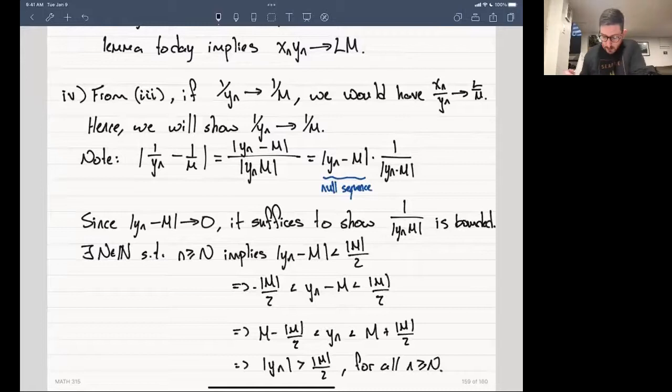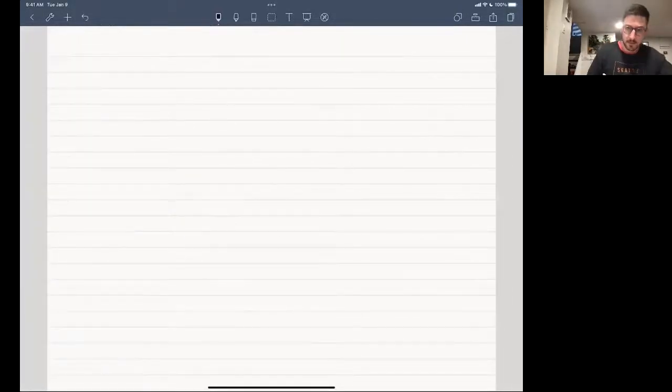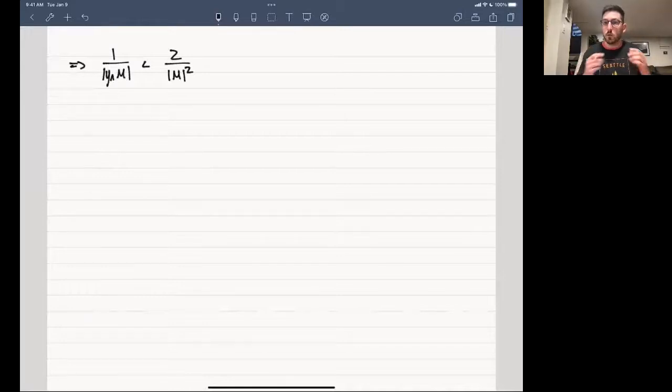So now what do we have? Now we can say this implies that 1 over |yn times m| is less than 2 over the absolute value of m squared, right? Because |yn| is bigger than the absolute value of m over 2. Flip everything, and you get 1 over |yn| is less than 2 over the absolute value of m. So thus,